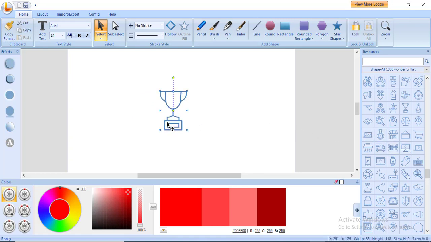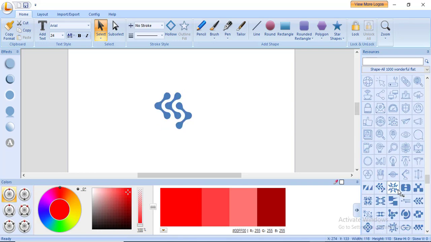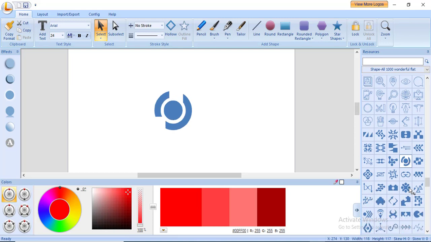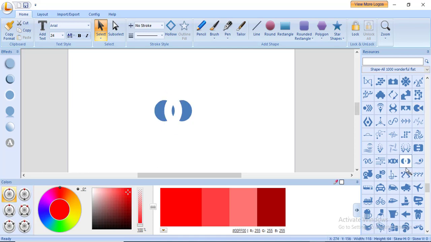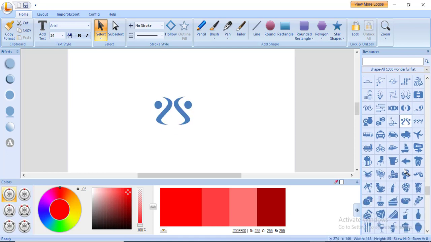When I click on this cup now, can you see it's being highlighted? When I try to click on the other shape here, it will change to the shape which I chose. It has a lot of pre-made templates, and you don't need to be a guru in graphic design before you can make use of this powerful software. Here, let's assume you want to make an airplane. You can use